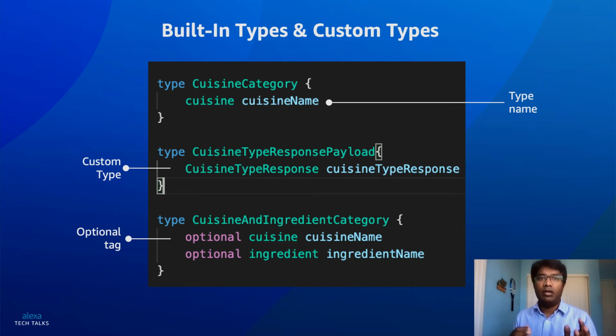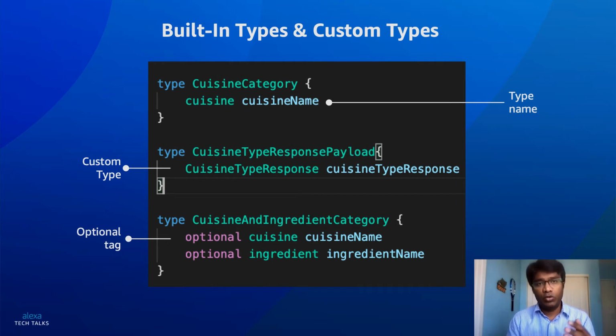I would say the custom type is where it gets interesting, where the developer can define something related to their business use case, their context, their scenarios, and so on. I would also recommend that you create them in a modular way, meaning you can refer to custom types across different custom types, which we are going to see shortly in the bigger sample and also in the demo, and you will also see it in the sample code, which we will be sharing shortly.